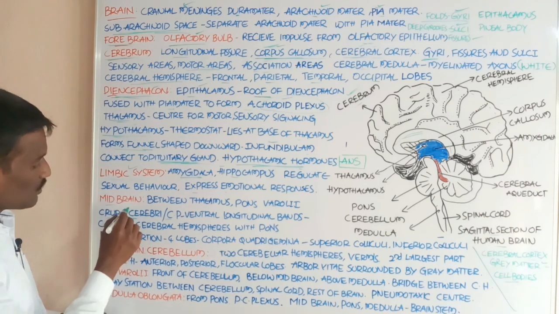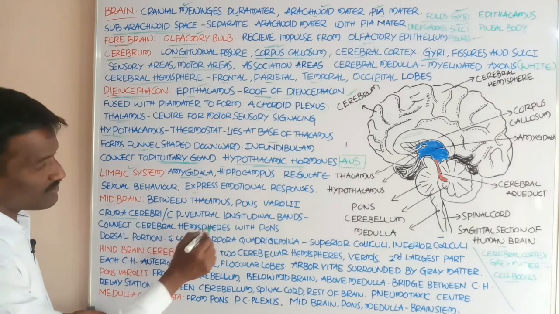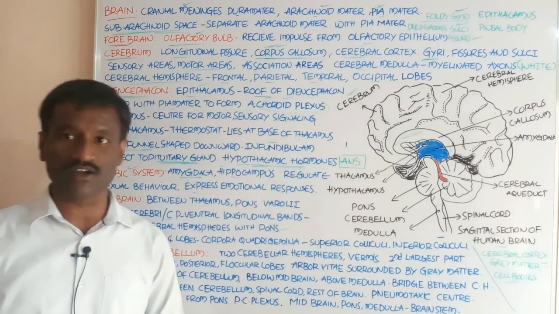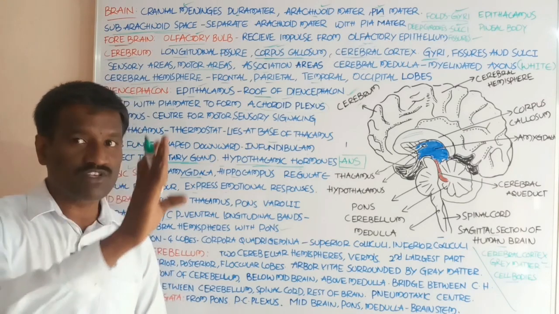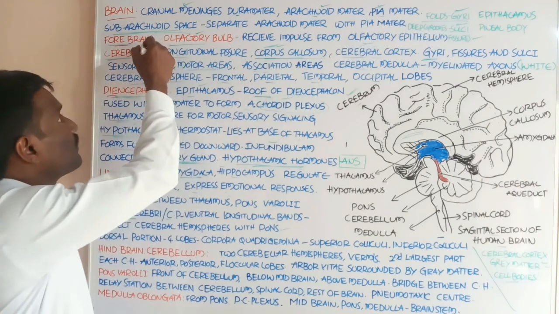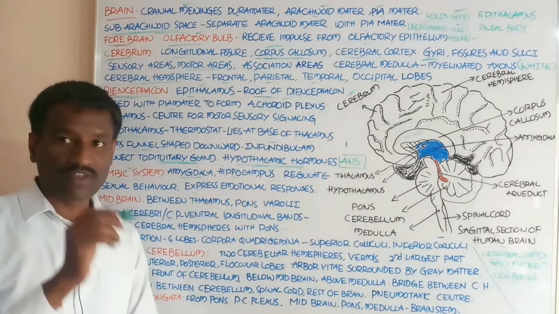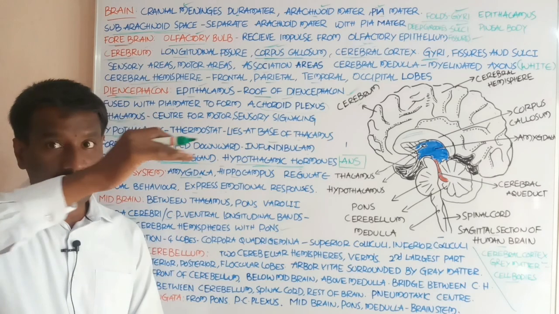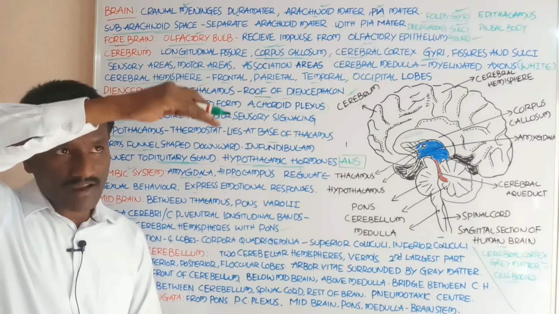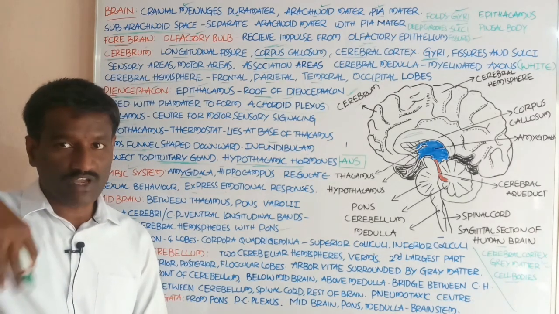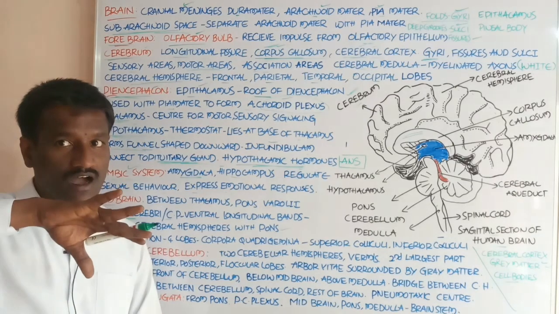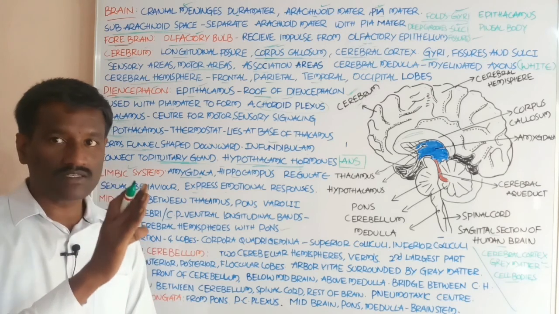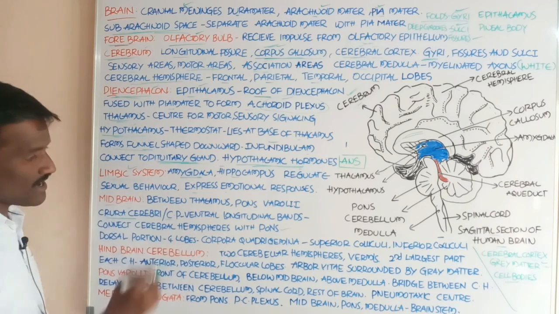Okay, this is the crura cerebri, which connects the cerebral hemisphere with the pons. The cerebral hemispheres are parts of the forebrain, and the pons is part of the hindbrain. Both are connected by a longitudinal band-like structure present at the ventral portion of the midbrain. That is called crura cerebri, or cerebral peduncles.